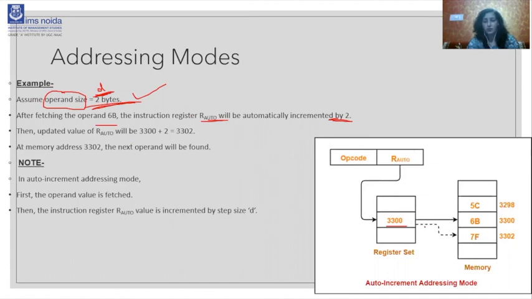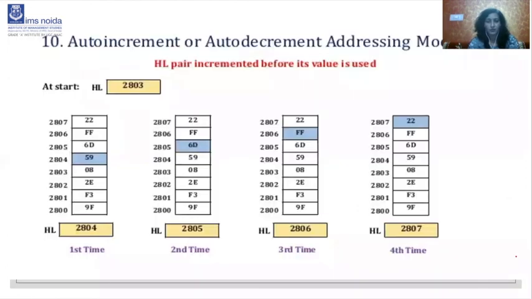Suppose we increment by 2 bytes. At first it was at location 3300, now it is incremented by 2, so we go to this location. When again incremented by 2, what will be the location? It will be 3304, right? So this is the concept of auto increment.